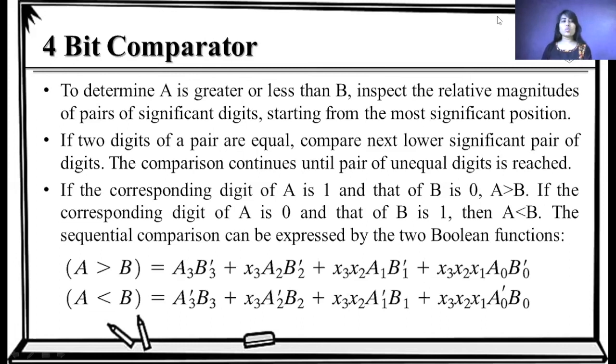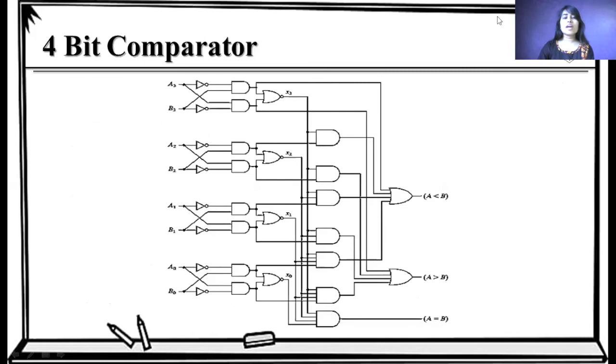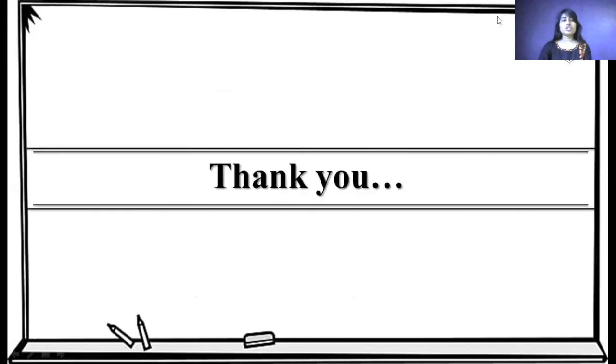Using these equations, we can make a logical diagram of the 4-bit comparator, which is quite complex, but we can draw the logical diagram from the logical equations one by one. Here we have the outputs A less than B, A greater than B and A equals B, which can be implemented from the previous equations using various logical gates. So here we have the diagram for the 4-bit comparator. In this session, we discussed the comparator logical circuit. Thank you.